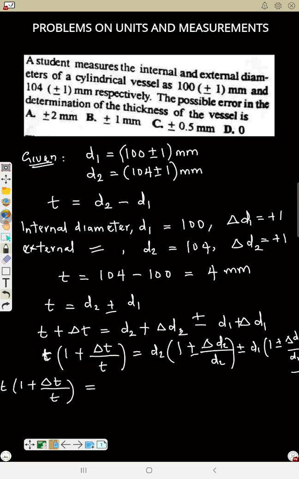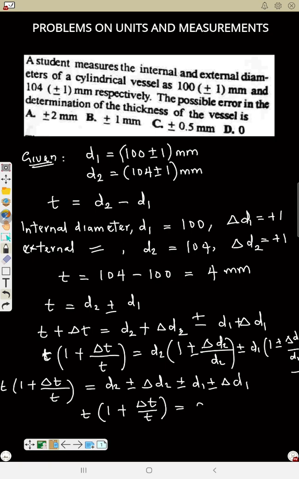What is d2? So d2 times that is plus or minus d1, expand the bracket, so that will be d2 plus or minus d2 times this, so that will be delta d2, then plus or minus, open a bracket here again, d1 plus or minus delta d1, if you open the bracket here also. So this will be t 1 plus delta t over t is equals to